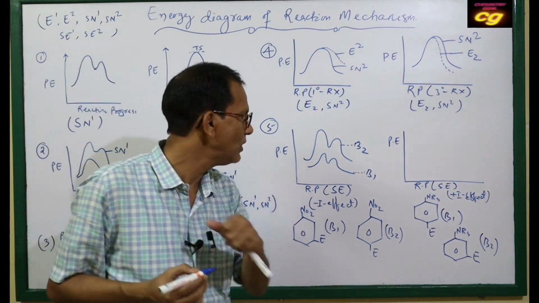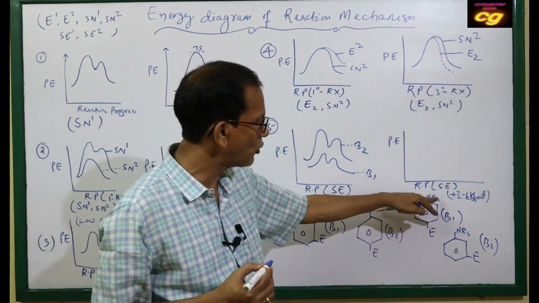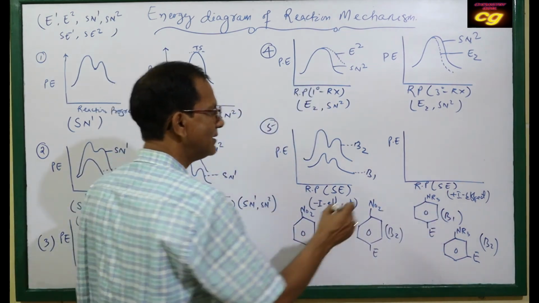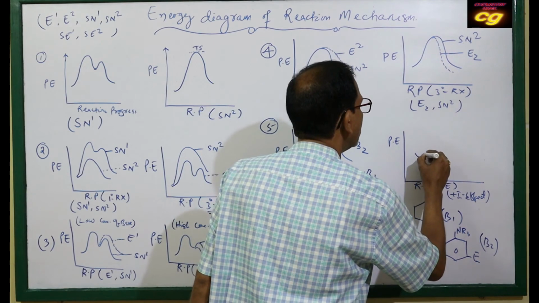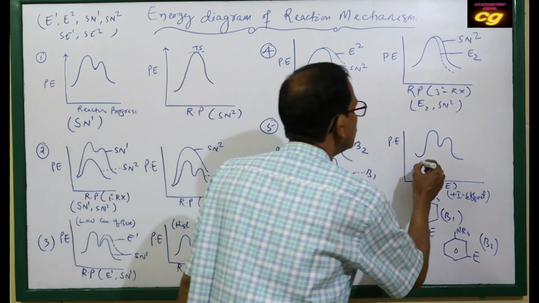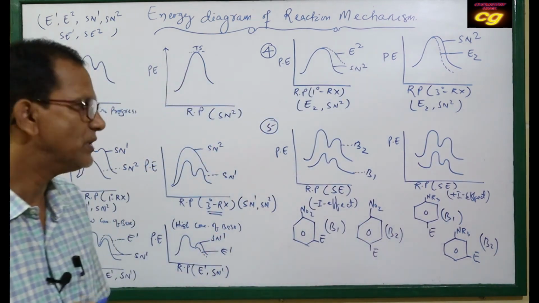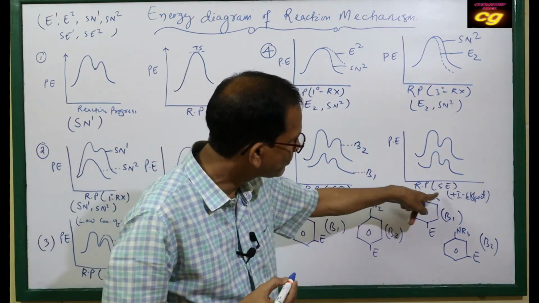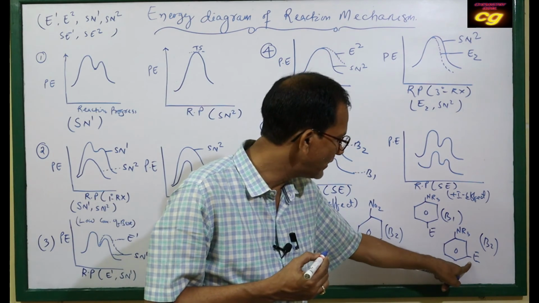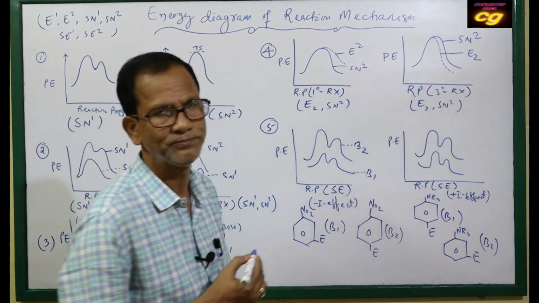Similarly, this is homework for you. Do this question: a plus I effect group is attached to the benzene ring. If a plus I effect group is attached, then which will be B1 and which will be B2? But here you see, as it is a plus I effect group, the result is always ortho-para. As meta is B2, and B1 is ortho. So you identify, my question is which is B1 and which is B2.